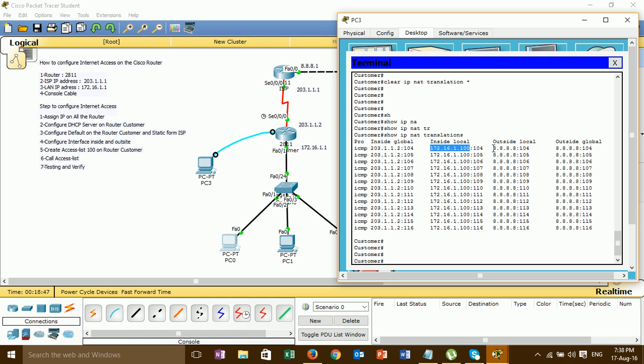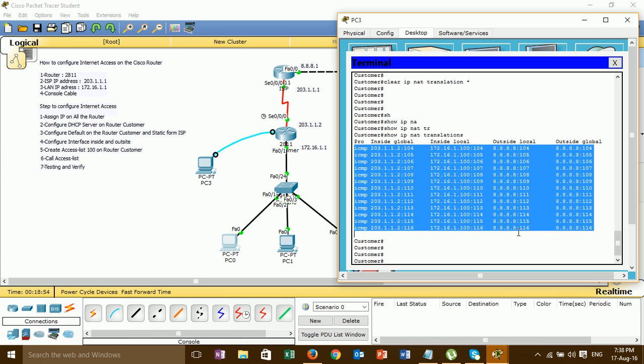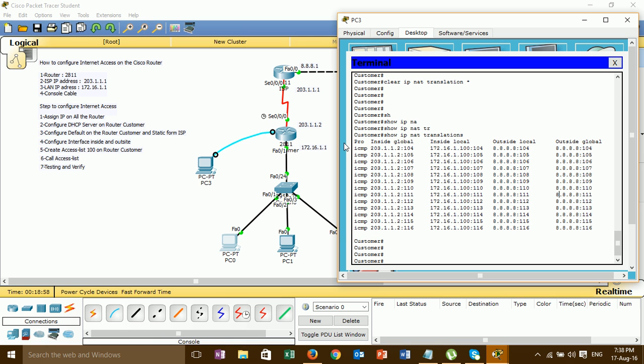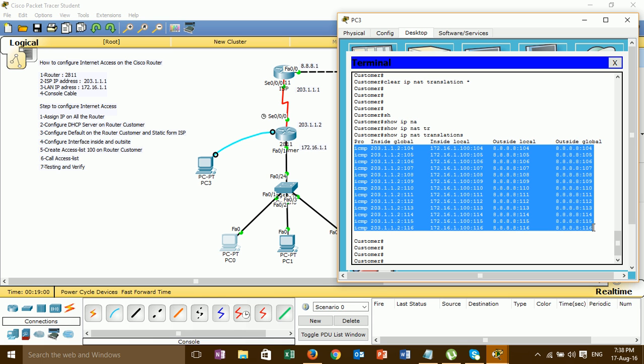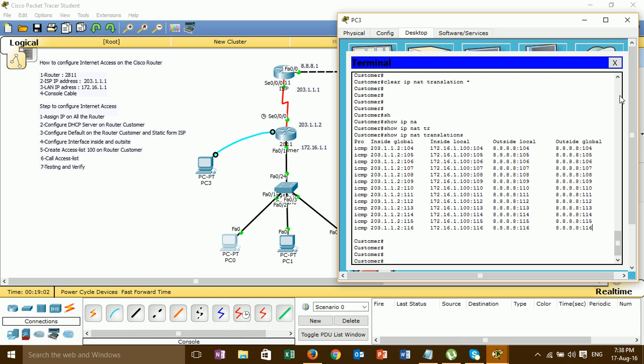Then I ping to this outside global IP. This means the configuration is working, and we have configured internet access. We can access the internet.